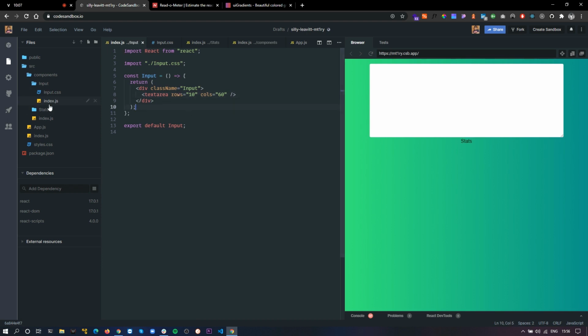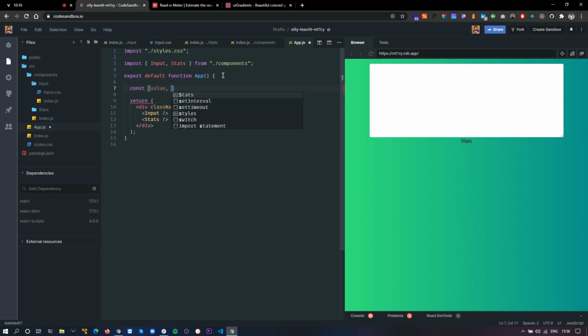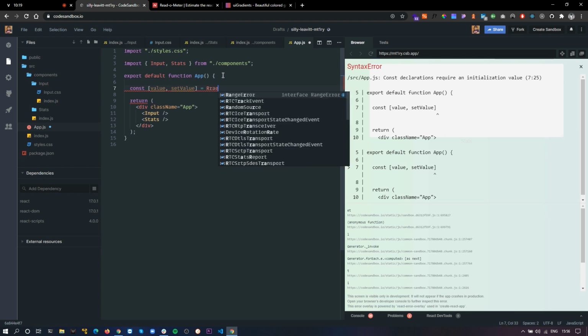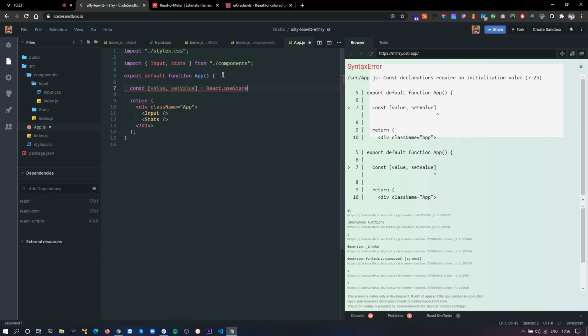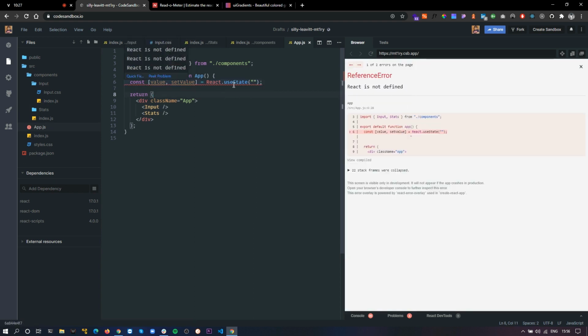So what I'm going to do is go to my app.js and make a state right here. So we have used the useState hook.